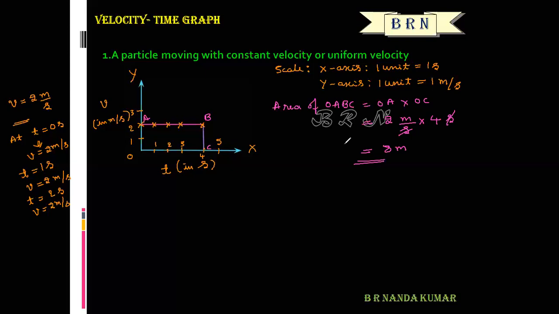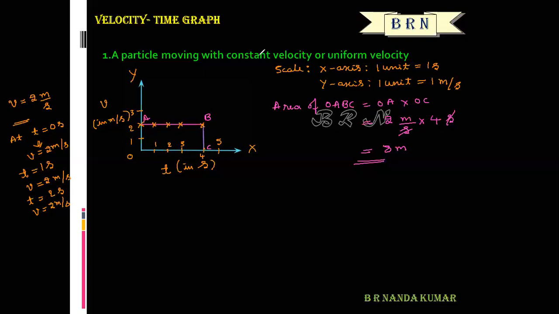So this clearly shows that the area enclosed by the VT graph, okay, the area of the VT graph gives displacement. So this point is very, very important. So the area of the VT graph gives what? Displacement,